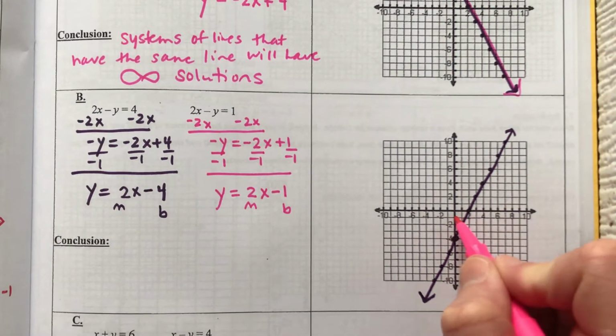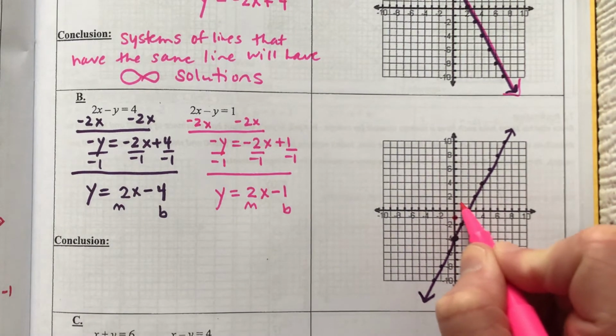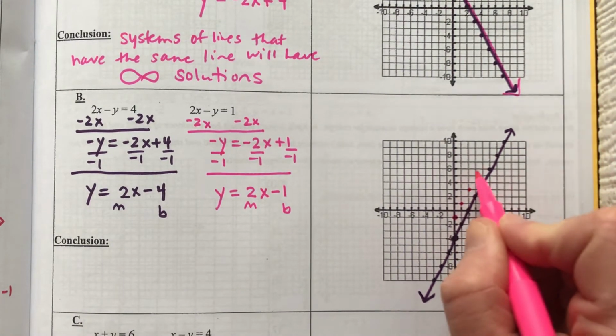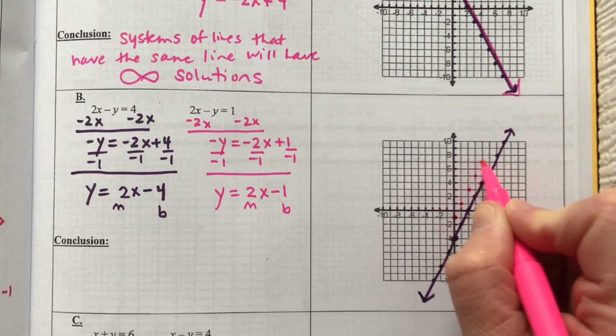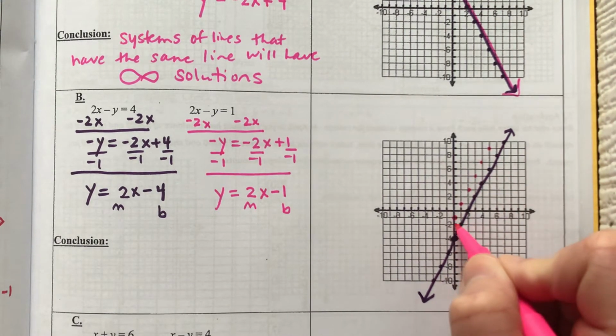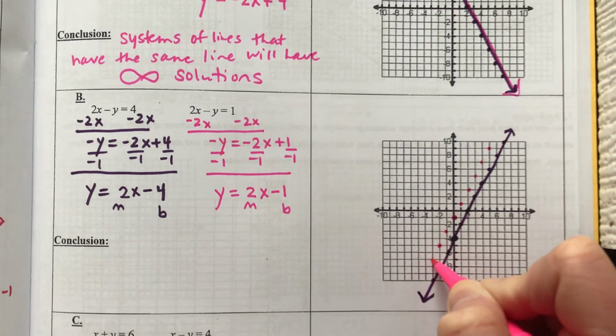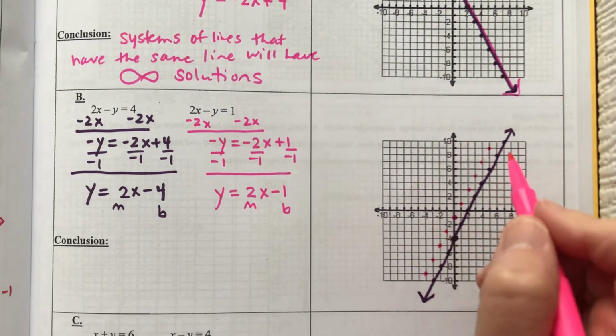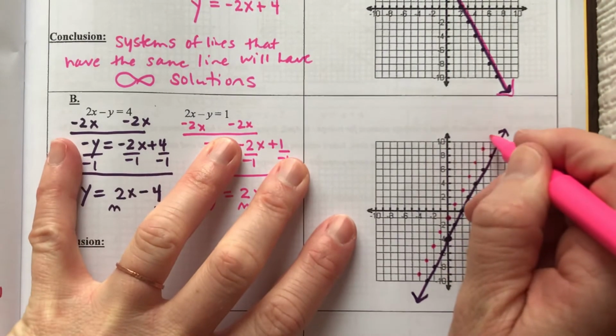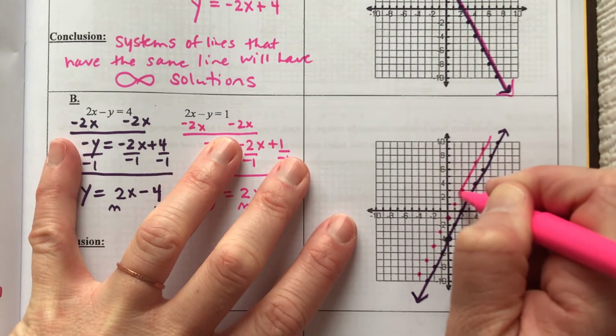So down here at negative 1, and then up 2, right 1, up 2, right 1, up 2, right 1, and continue that pattern to fill my grid. And then down 2, left 1, down 2, left 1, and continue that pattern. And now when I connect these with a line,